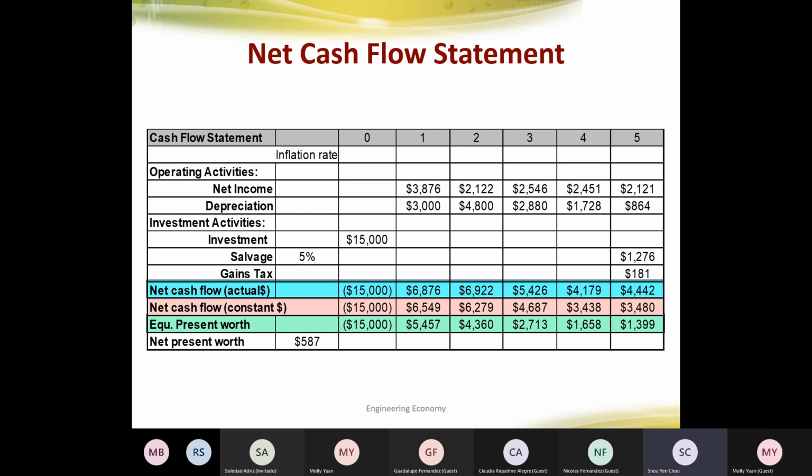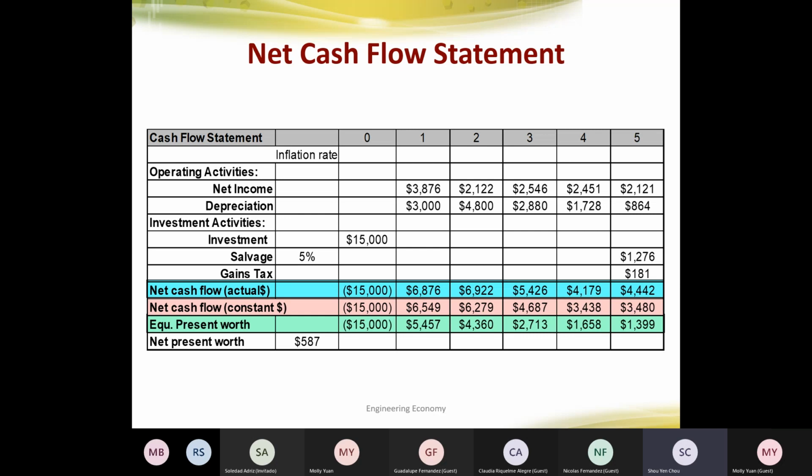These are in constant dollars with the same purchasing power. Then we want to discount them to the present time, right? Because we want to discount their earning power. So we get these so-called equivalent present worth. Then we add them together. It's only 587. It's barely making any money,